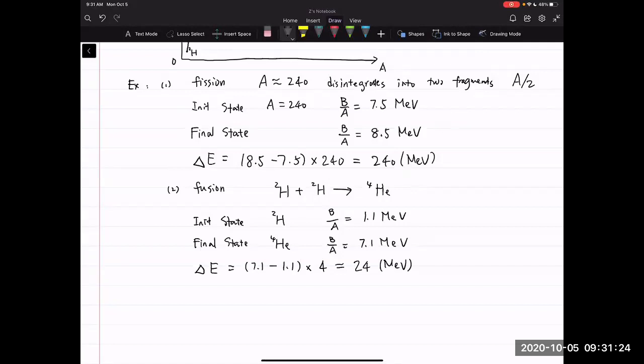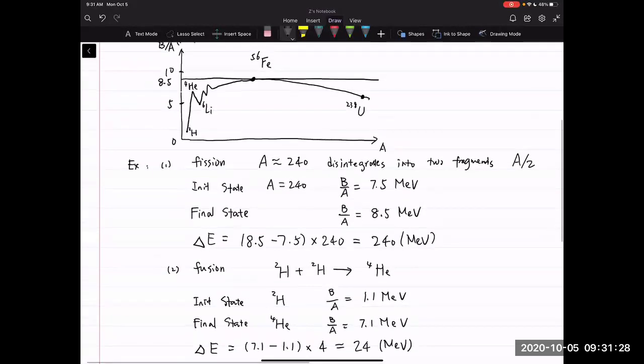The beginning of development of the nuclear model, in fact, focused on this curve. How do we explain this B over A curve? Without any nuclear structure, we think this B over A will be just a constant, right, 8.5. But